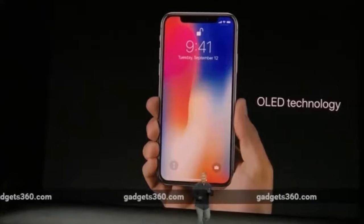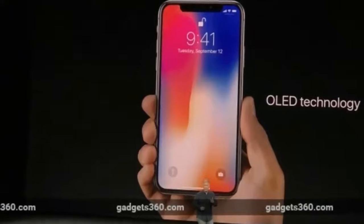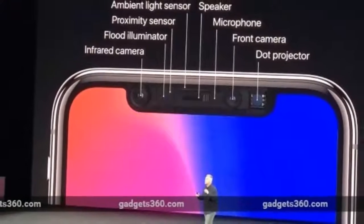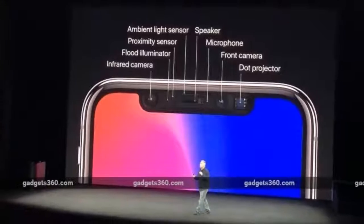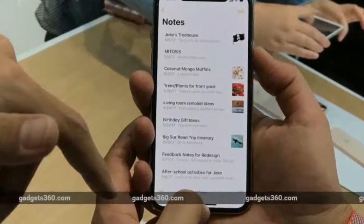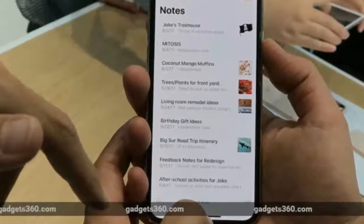iPhone X First Impressions. In January 2007, Steve Jobs unveiled the original iPhone, and the mobile and personal computing industries were never the same again. 10 years later, at a building named after the late Apple co-founder, his successor Tim Cook took the stage to introduce the iPhone X, the phone that he and Apple believe will define the roadmap of the smartphone industry for